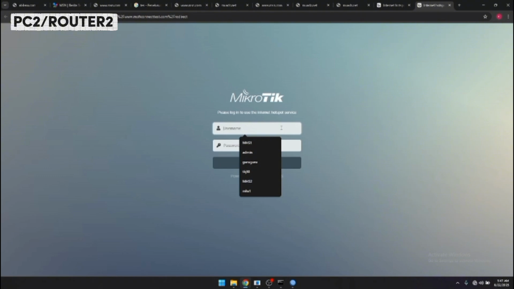Right now it can connect to router 1, my friend.